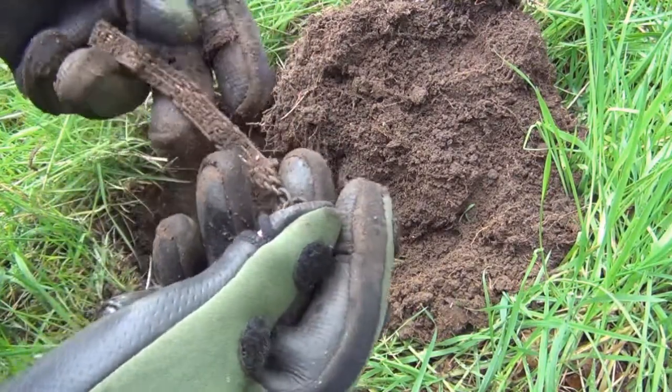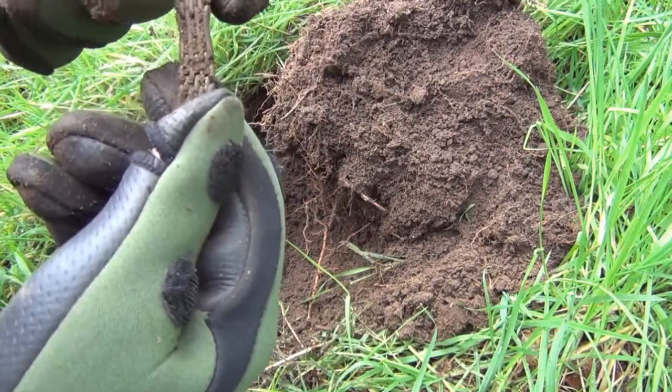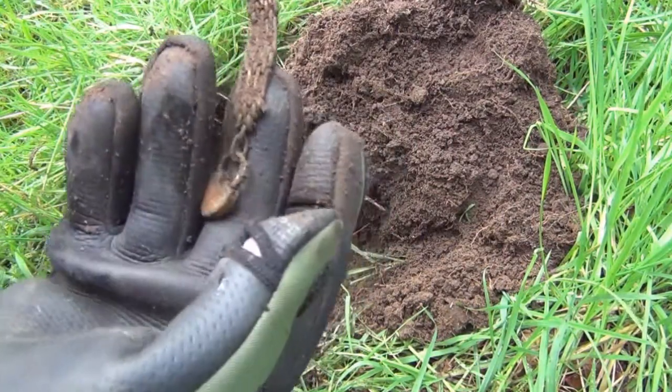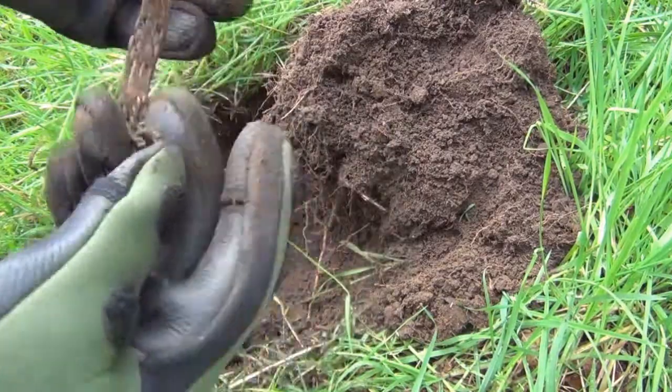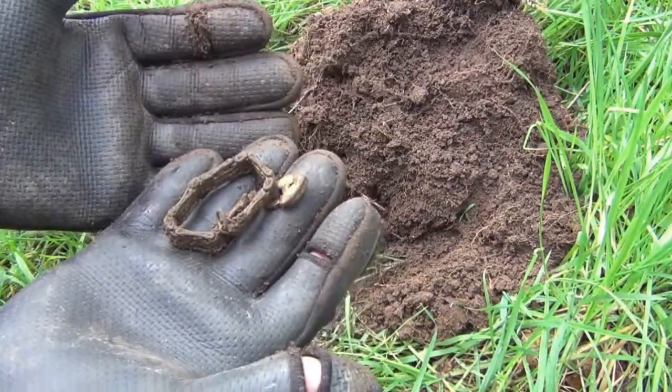It's a bracelet of some sort. It looks like it's been gold plated. I don't think that's proper gold. There's a lot of green on it. I was excited there for a second. Nah, pretty sure it's not proper gold, but it could have been. A reasonable first find. This one's reading